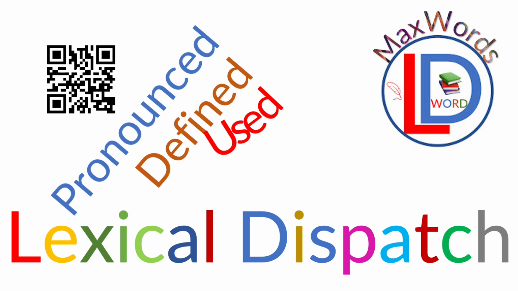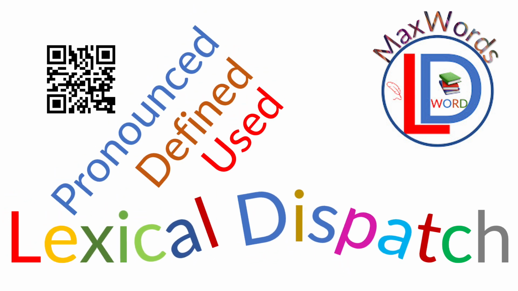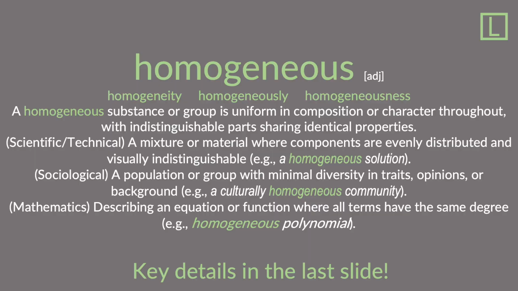Pronounced, defined, used in lexical dispatch. Homogeneous, adjective. Homogeneity, homogeneously, homogeneousness. A homogeneous substance or group is uniform in composition or character throughout, with indistinguishable parts sharing identical properties, scientific or